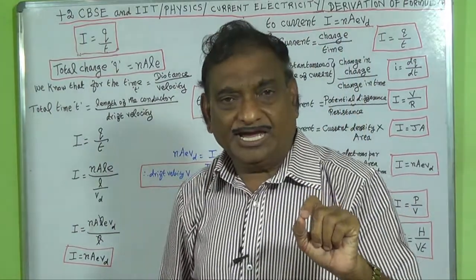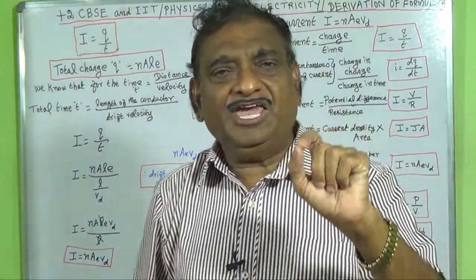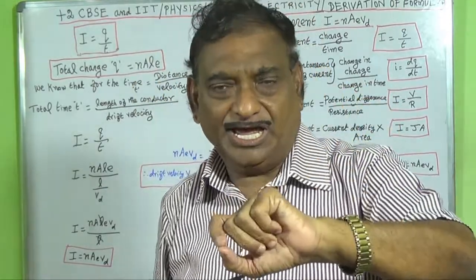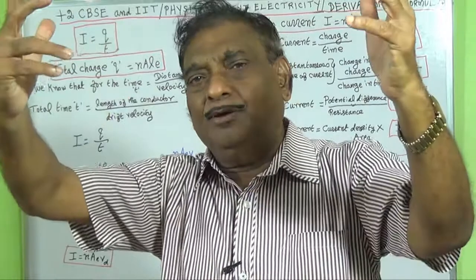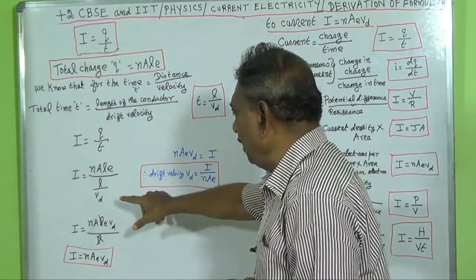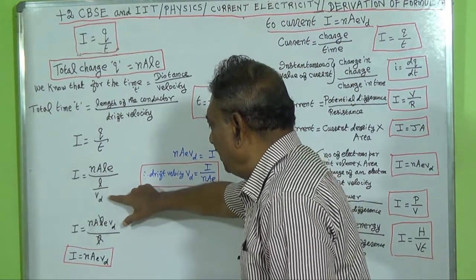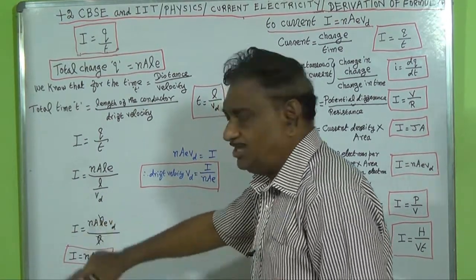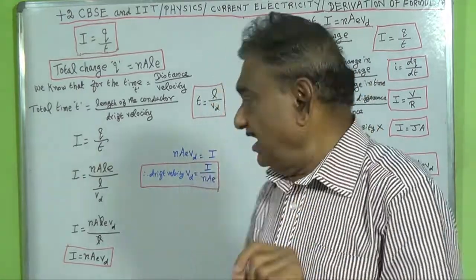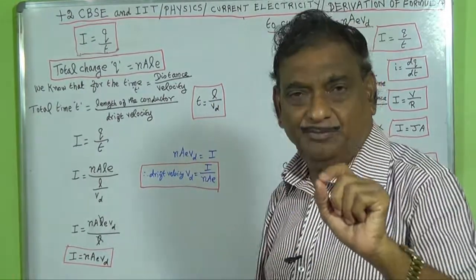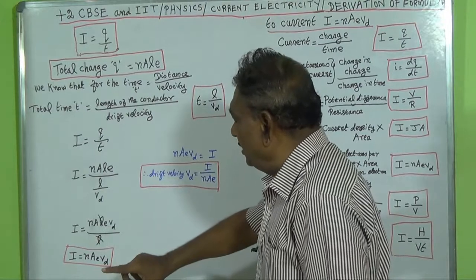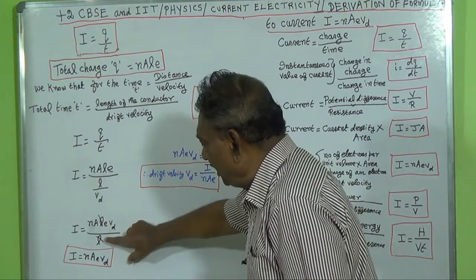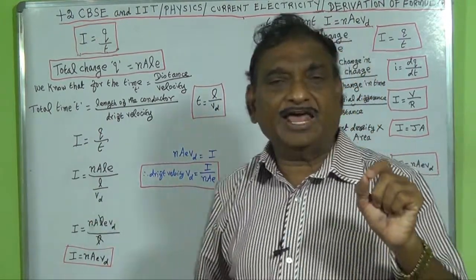In the denominator, the fraction l by Vd has come. If a fraction comes in the denominator, we should reciprocate and multiply. So if we reciprocate l by Vd, the Vd should be brought to the numerator. So we will get the equation for the current as nAleVd by l. If we cancel the length l placed in the numerator and the denominator, we will get the equation for the current as